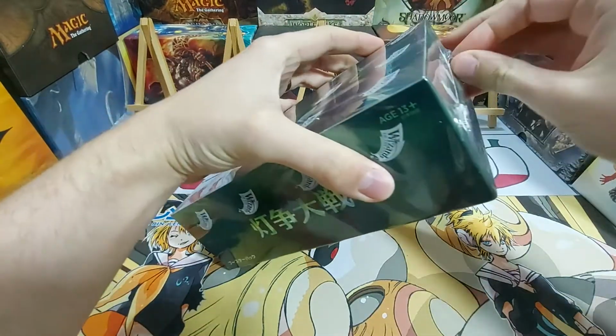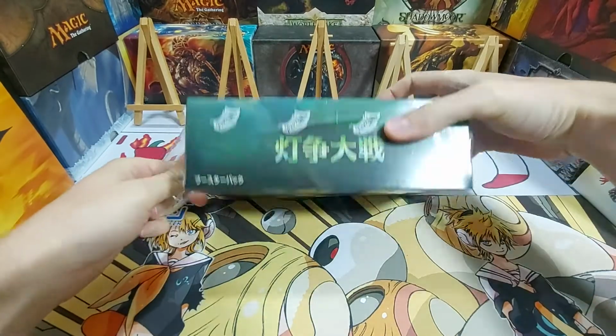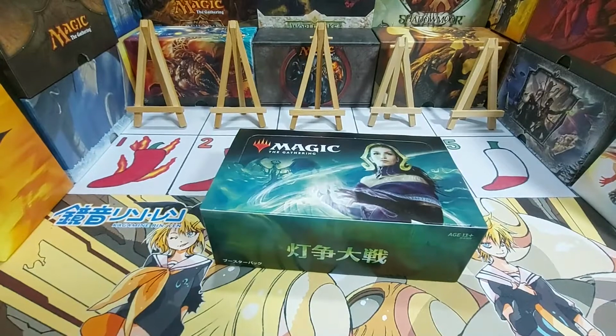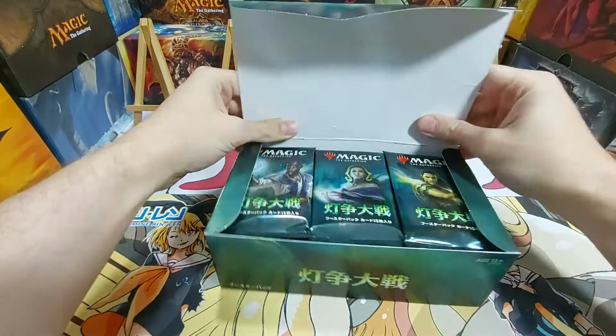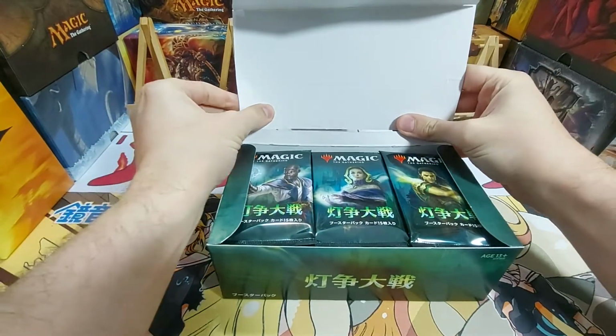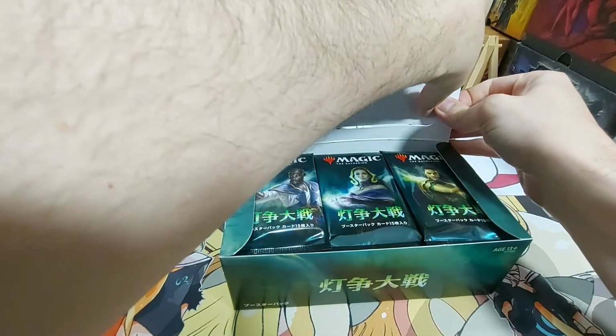This is a nice factory seal. Wizard's factory seal, no problem at all. Here we are. Let's have a look. Lovely. As I say, the rough odds are that in a 36 pack box you will get 18 of each type of Planeswalker art,